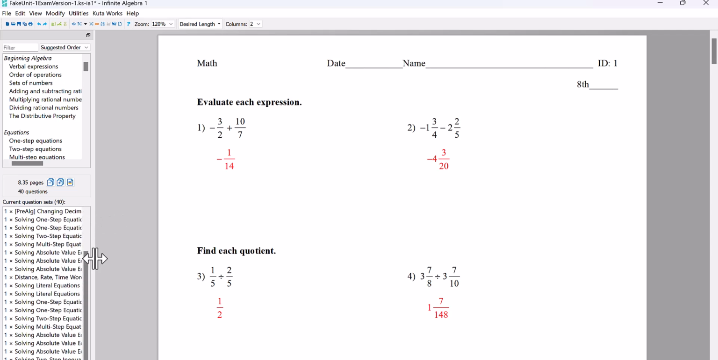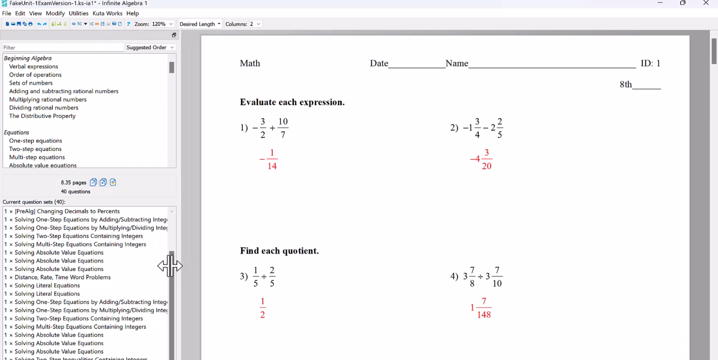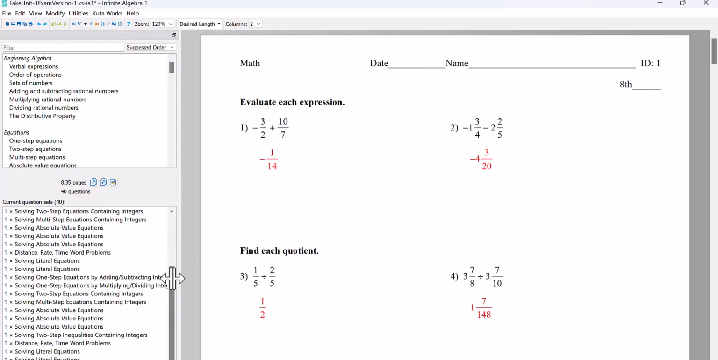Here, we can make this wider. I go through and say, well, I've got the absolute value ones that I want. You can delete here, because you're not going to have 40 questions on your exam. So I'm going to save this now, and once I get this pared down to what I want it pared down to,